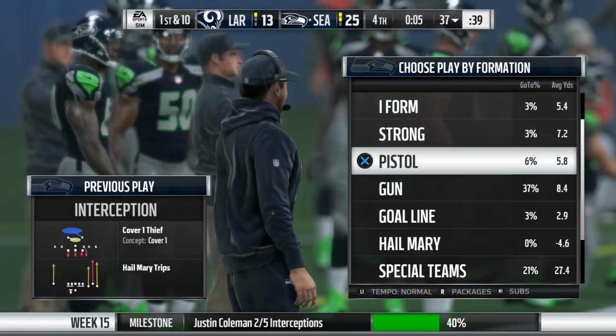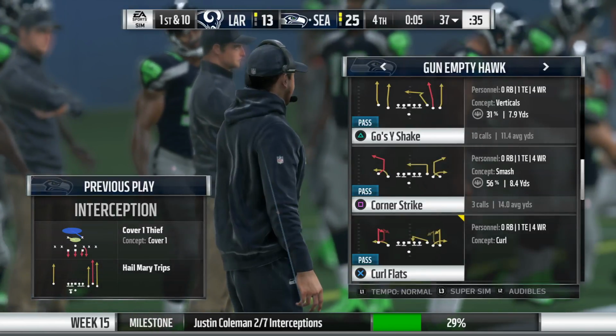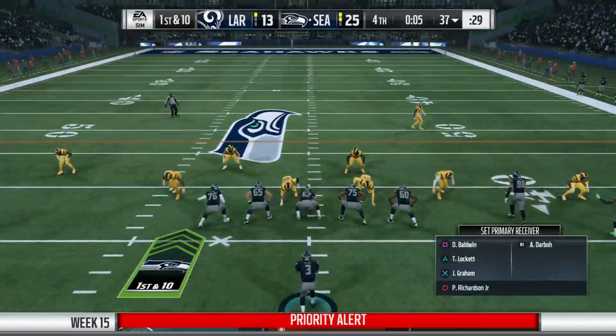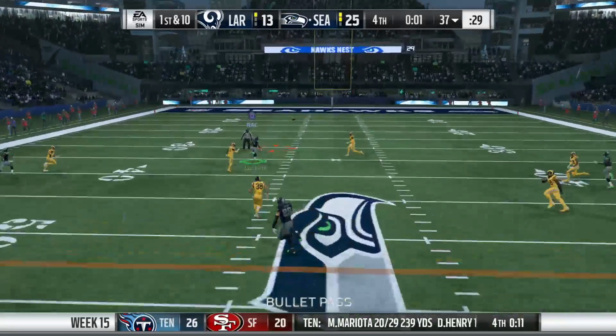Just a little bit of a rough stretch. 6 interceptions now in these last 2 weeks combined. I know the easy thing is to go back to mechanics, footwork, things of that nature. I'm also wondering, is he getting fooled by what he's seeing on defense? Has the scouting report changed? Are they showing him things different than what he...